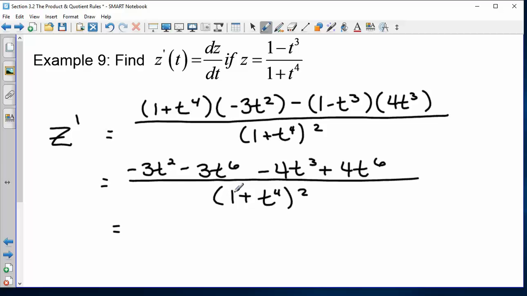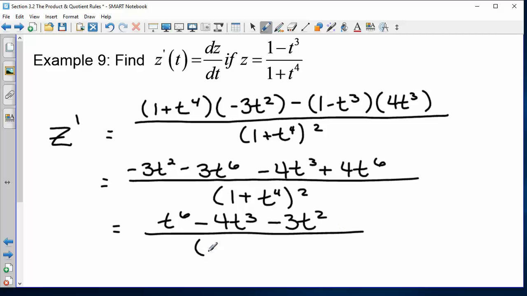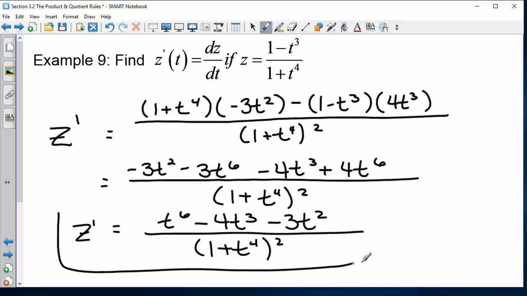Combine like terms, which would just be our t to the 6th. So we have 1t to the 6th minus 4t cubed minus 3t squared over 1 plus t to the 4th squared. Questions on